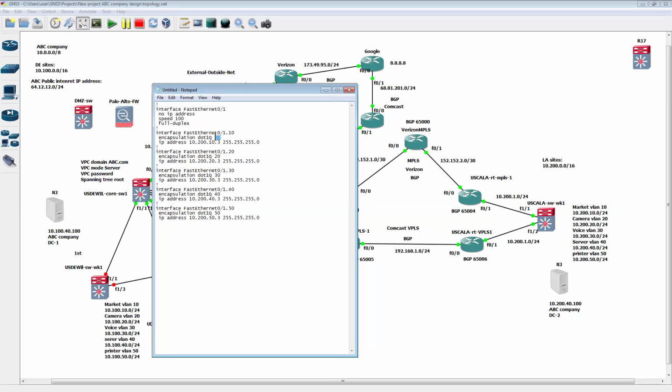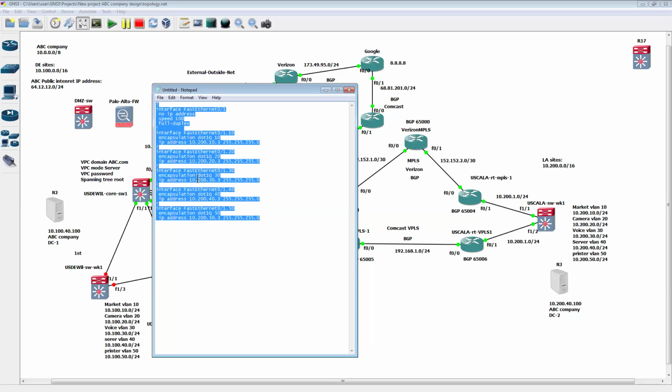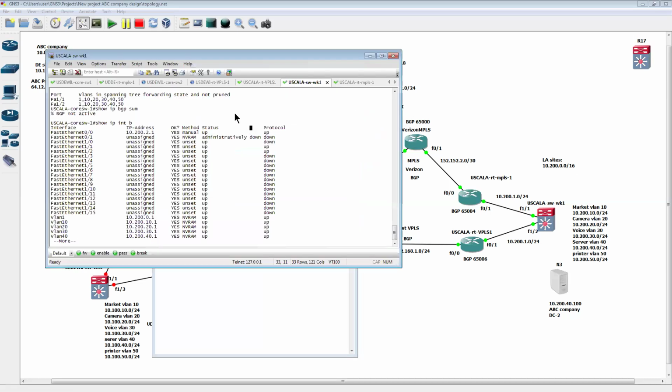This is a tag to VLAN 10, VLAN 20, VLAN 30, VLAN 40, and VLAN 50 with the IP address .3, .3, .3, .3, .3 correctly. Okay, one is all good in here. So we highlight all, right click, we copy first, and then go back to here, and then we go back to make sure we have the correct